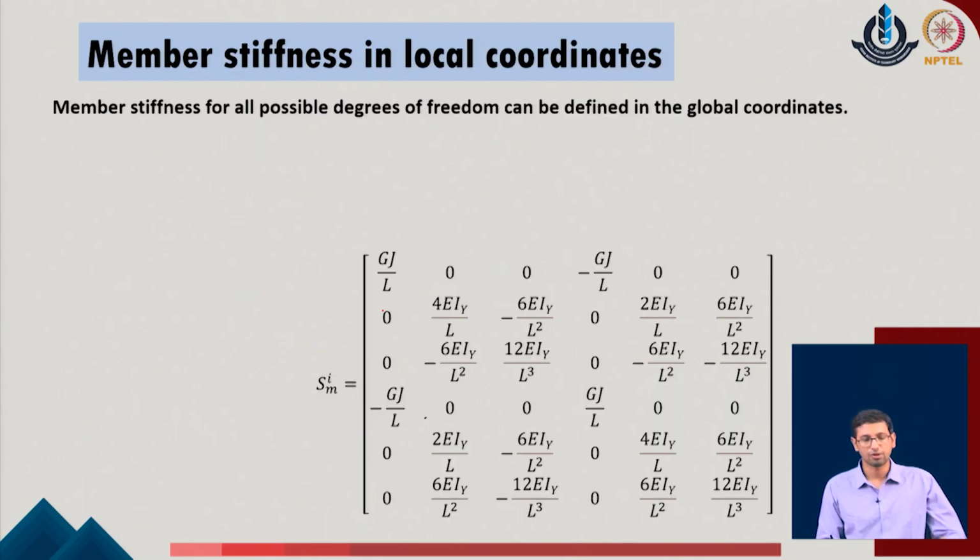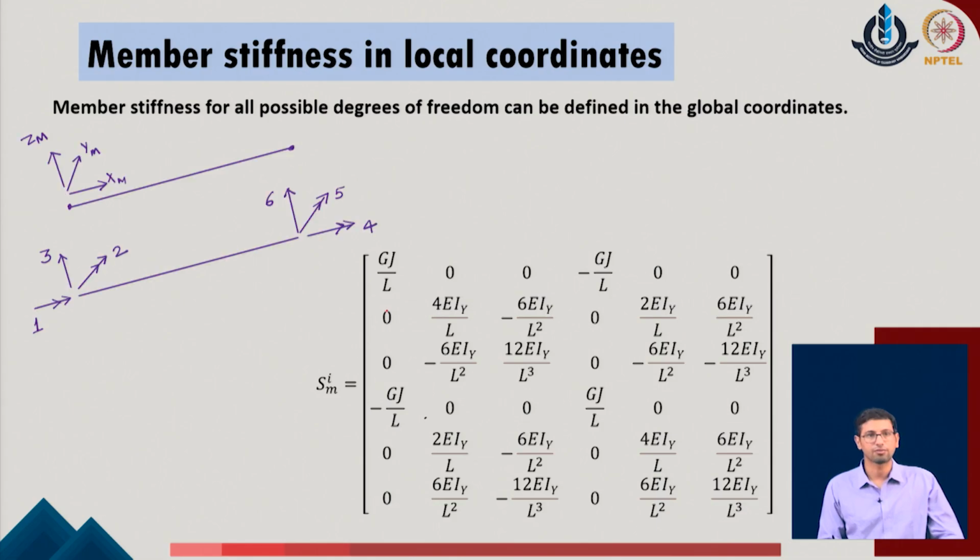With this idea in mind, we go ahead with the stiffness evaluation. So as I already said, we have these 6 degrees of freedom which are located in the member coordinates. So at each of the points we define the individual stiffness contributions. Now these stiffness contributions are defined in the local coordinate, which means that at the beginning I can define this as a fully restrained system.